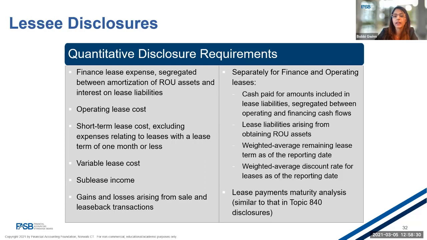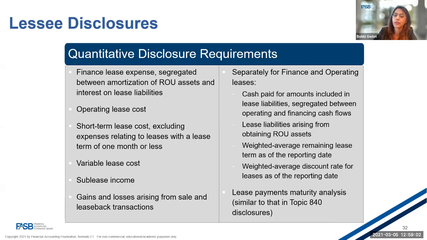On the right-hand side of this slide, except for the maturity analysis at the bottom, these are some of the new disclosures under 842. When 842 was being developed, there was a lot of feedback from users that they were unable to understand the cash paid for leases. So this is a new requirement that requires lessees to separately provide the cash paid for operating and financing leases. And the next one is